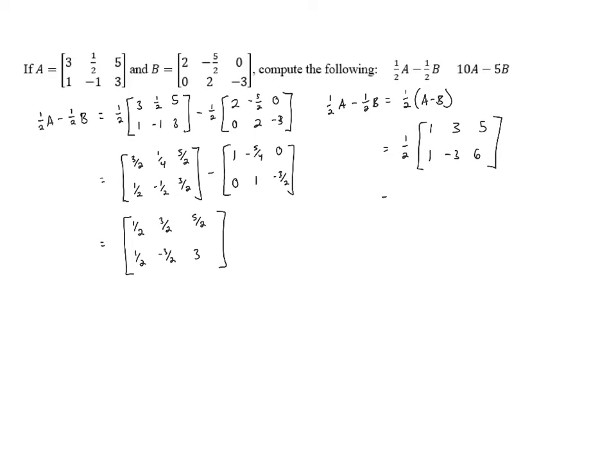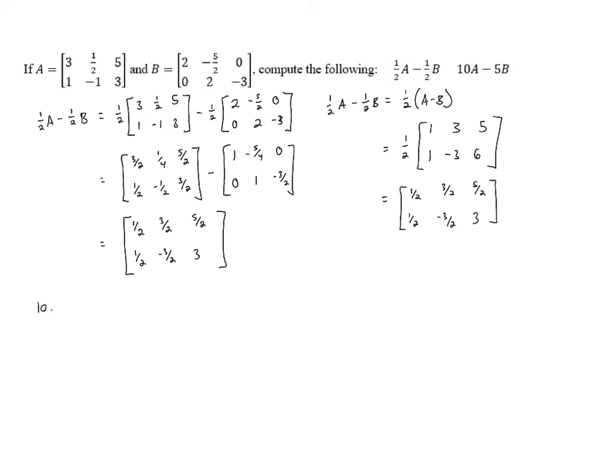Once we've taken this difference, we can now multiply the 1/2 into the matrix by multiplying each of the entries by 1/2. When we do that, we get 1/2, 3/2, 5/2, and then 1/2, -3/2, and 1/2 of 6 is 3, which is the exact same answer as we got the previous way, but this way uses less work. So either way will work. For the next problem, 10A minus 5B,